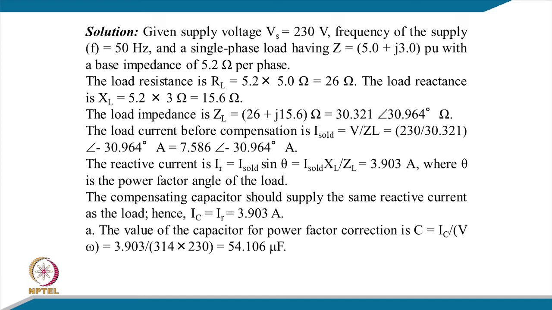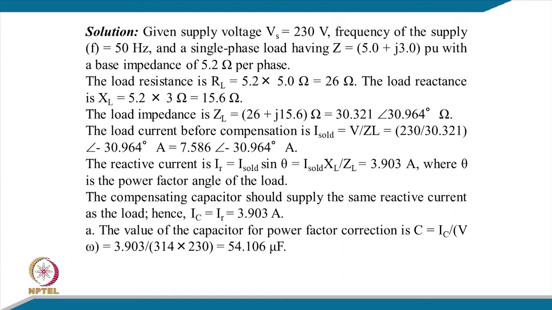So, out of that we can find out the reactive current, that will be Is_old into sin theta, or it can be Is_old XL upon ZL, and this will come like 3.903 ampere, where theta is the power factor angle of the load which is given in the impedance also. The compensating capacitor now should supply the same reactive power of the load, hence IC, that is a compensating current